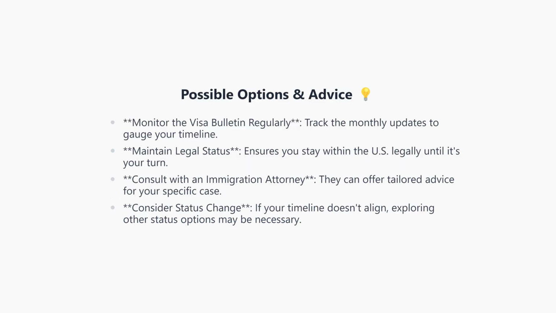Here are some possible options and advice. Regularly monitoring the Visa Bulletin is crucial to keep track of your timeline. Maintaining legal status ensures that you remain in the U.S. legally until your priority date is current. Consulting with an immigration attorney can provide valuable personalized guidance, and considering a change of status may be necessary if